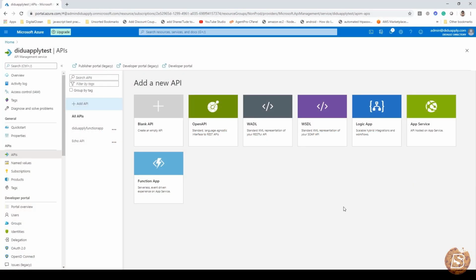In this lecture we'll be taking a look at how we can create CORS rules for our Azure APIs. So here you can see that I have an API service created, and under APIs I have got a couple of APIs defined. The first one is this one, and clicking on it you'll be able to see